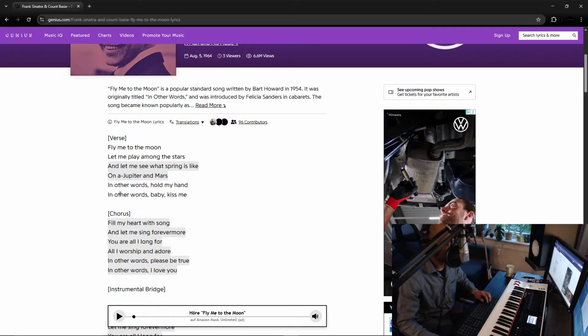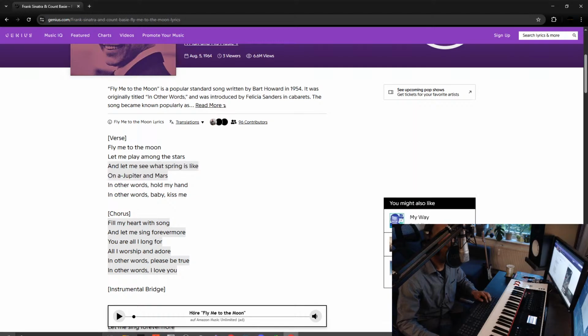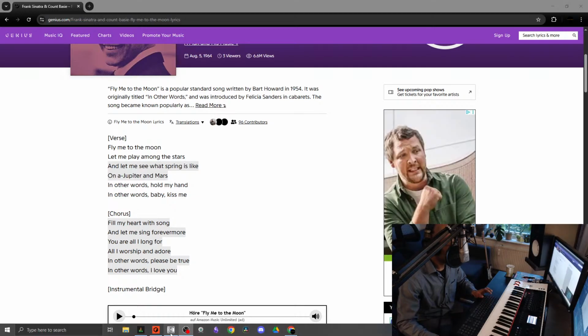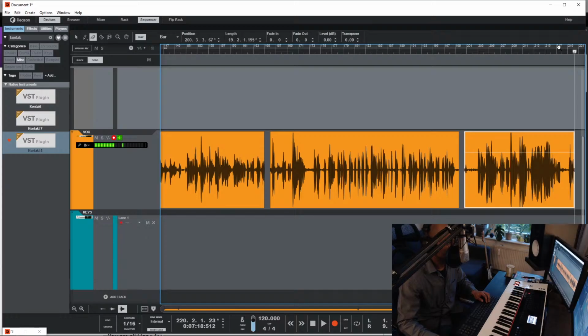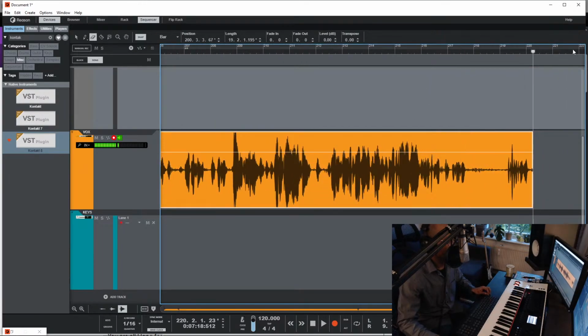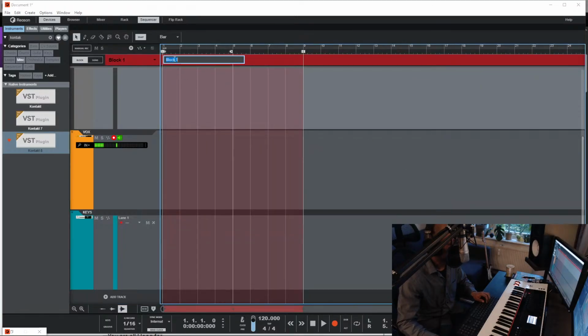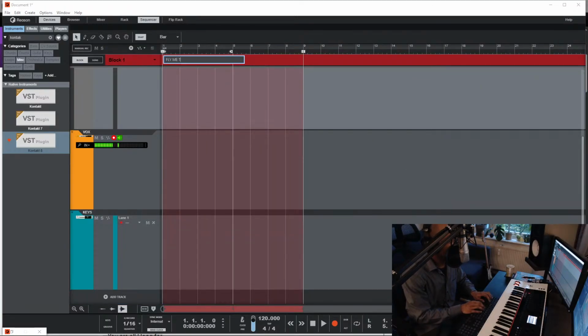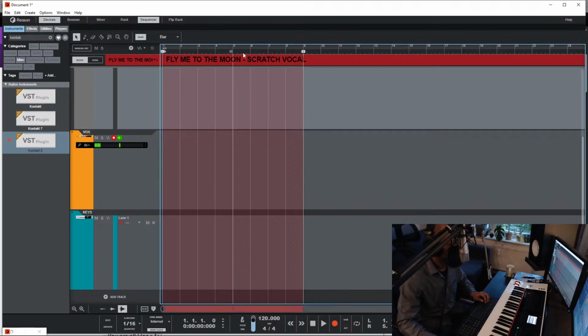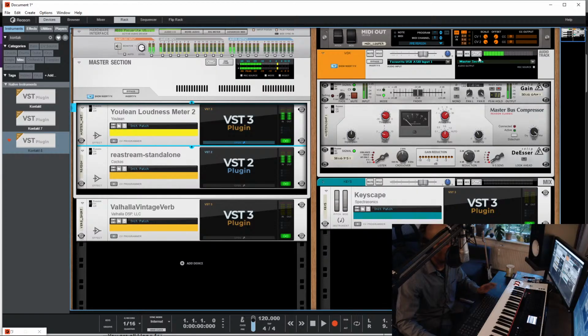My voice is cracking away. Probably need to do that again. But you get your vocal comms, you know? So let's try to do that again. Maybe we're gonna hop into a different block and call it Fly Me to the Moon scratch vocal, so we can gauge what we are doing. Like, everyone is unique. Every sound source is unique. Your voice is unique. And so all these are just